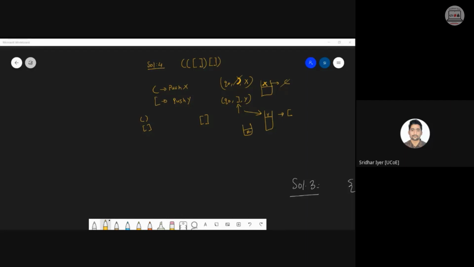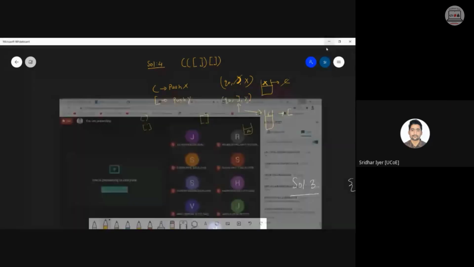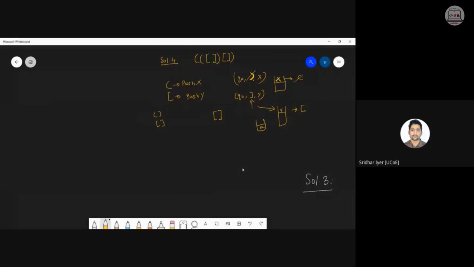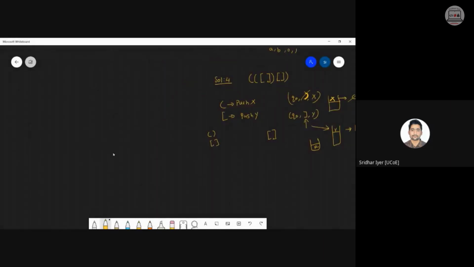So in that case, it is not exactly corresponding to a raised to n, b raised to n, but still it is getting accepted because it's a well-formed parenthesis, right? So let's see the transition functions and then it will be clear. So I'm going to start like this. I'm going to consider the opening brackets first. That is the opening round brackets.